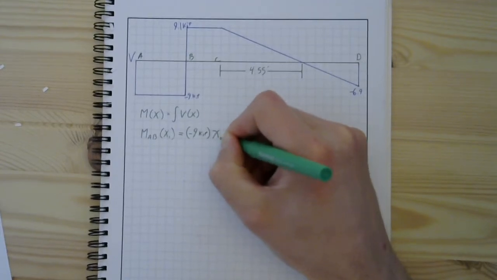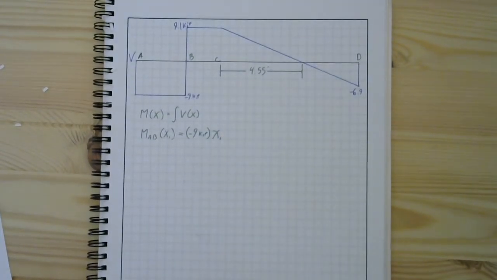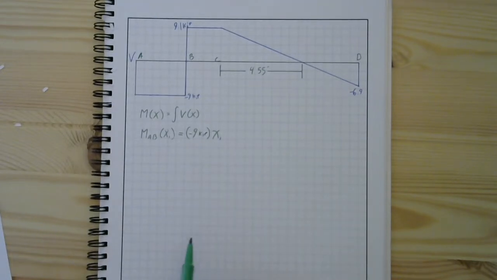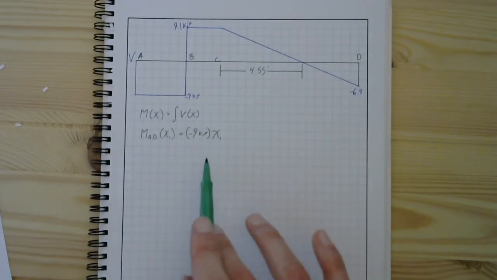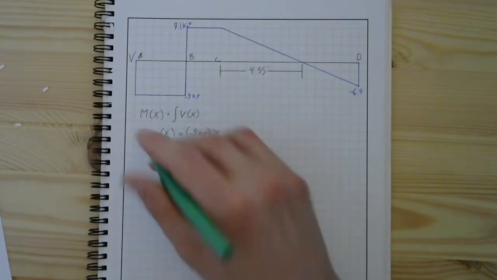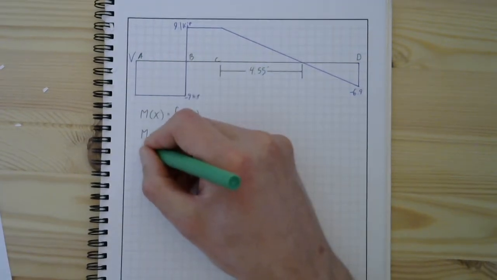times x1 plus some constant of integration that I'm not even going to write down, because we know as a boundary condition that at a free end like A, we're going to have a 0 for the moment. So the moment better be 0 at A, so we better not have a constant of integration in this function. Similarly,